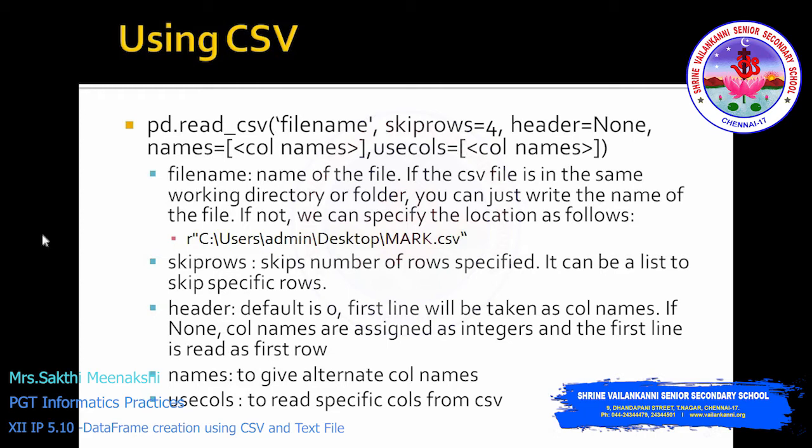If you simply use the backslash without this r, it will be translated as special characters. We want to tell the compiler that these are not special characters, and to take it as a raw string. So you have to mention the r before the path name. This one you have to remember. If you are just giving mark.csv, that means the file is in the same location, then you can directly use mark.csv. If you are storing your file somewhere outside, then you have to give the full path name, and while giving the full path name, you have to use the character r to mention this is a raw string.